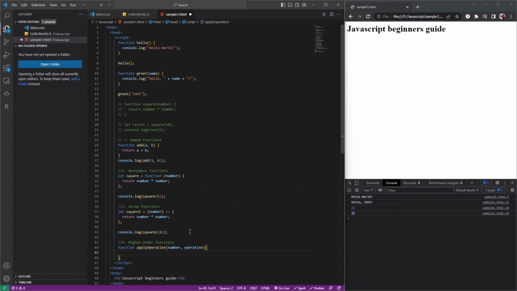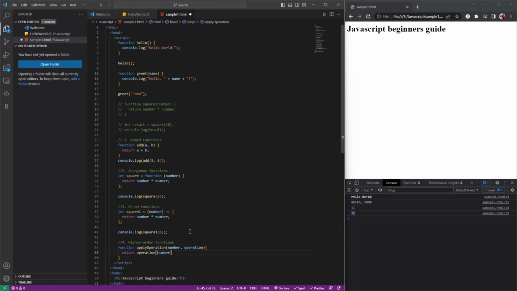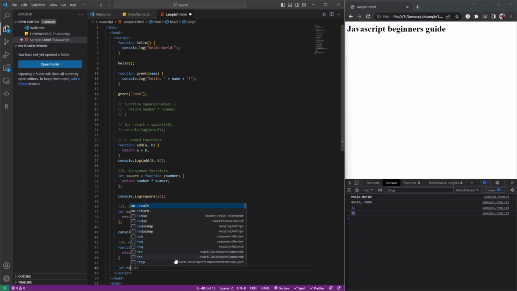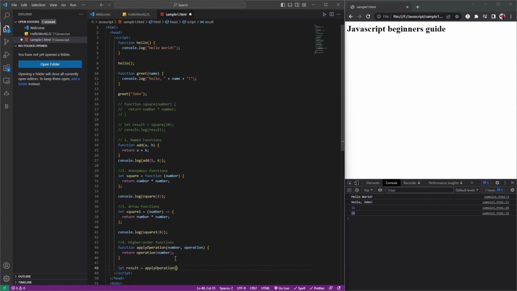So it returns operation, which we are passing as a parameter. So we pass in the number for that operation. So operation can be any of these. It can be add or square, anything. So when we call this function, let result is equal to a call to apply operation, and we say 5 comma